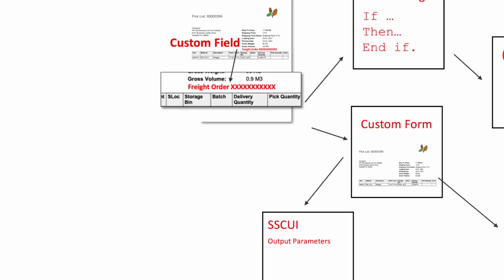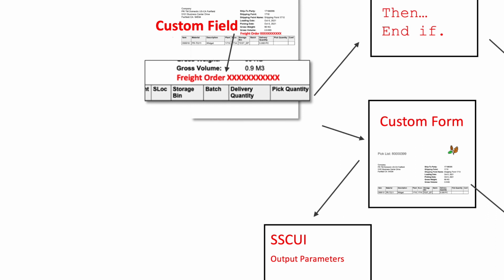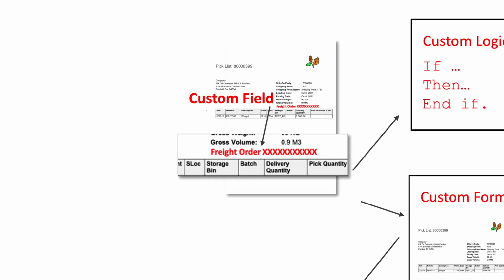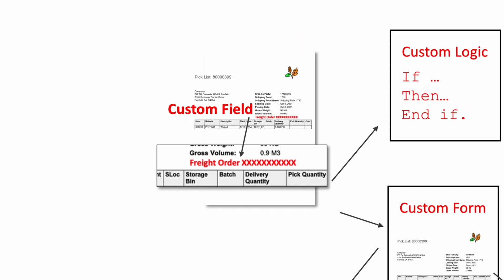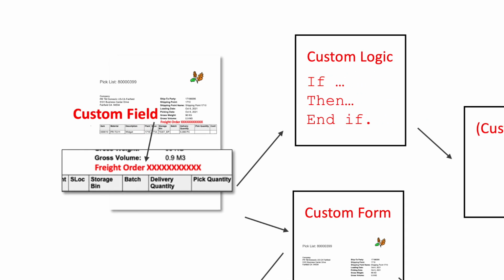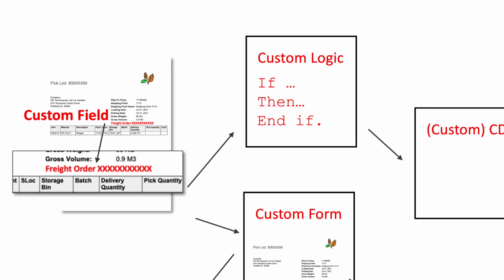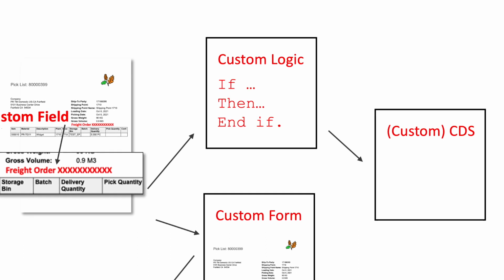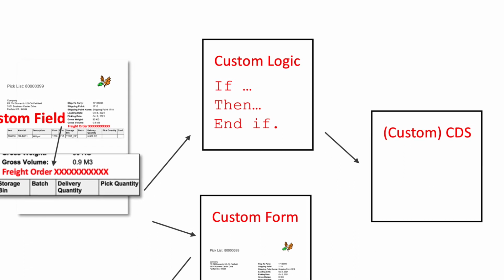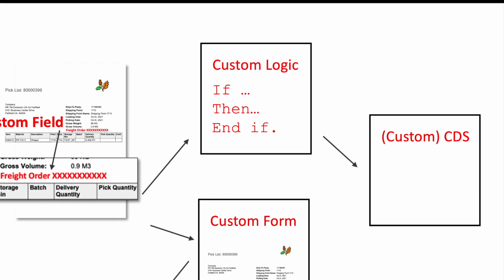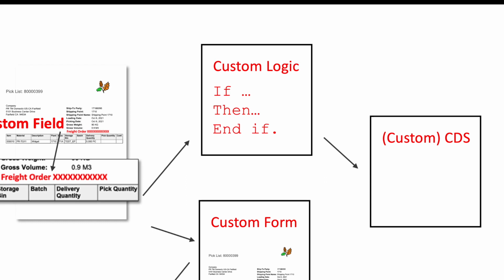So that already tells us that we are going to need to create a custom form, which in this case is going to be a custom pick list. And what we need to do is add a custom field onto this form. So again, by deduction, we need to create a custom field. Now, obviously this field is not going to be filled by magic. So the next step is identifying the need to add some custom logic, which is going to tell the system what logic it needs to leverage in order to retrieve the information that we need to get and print on